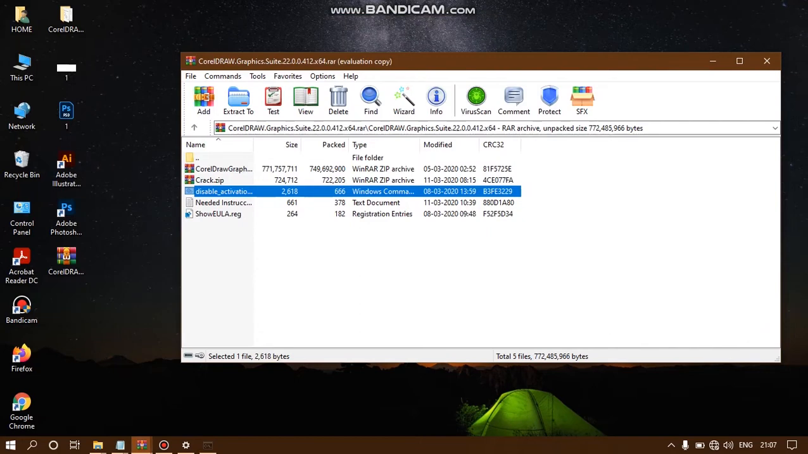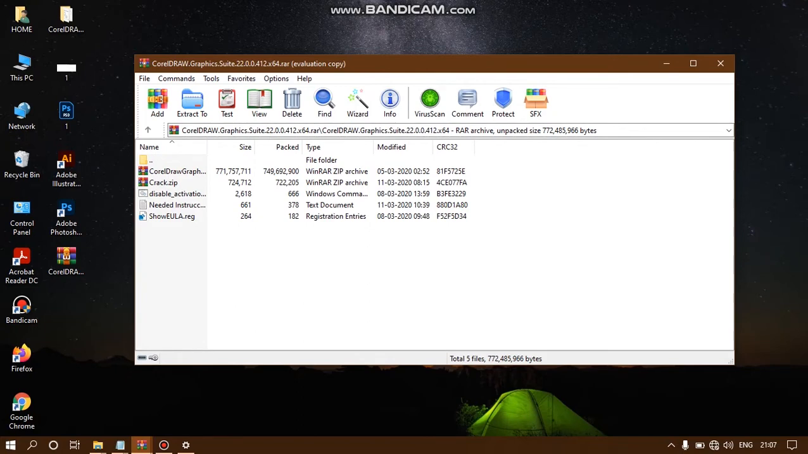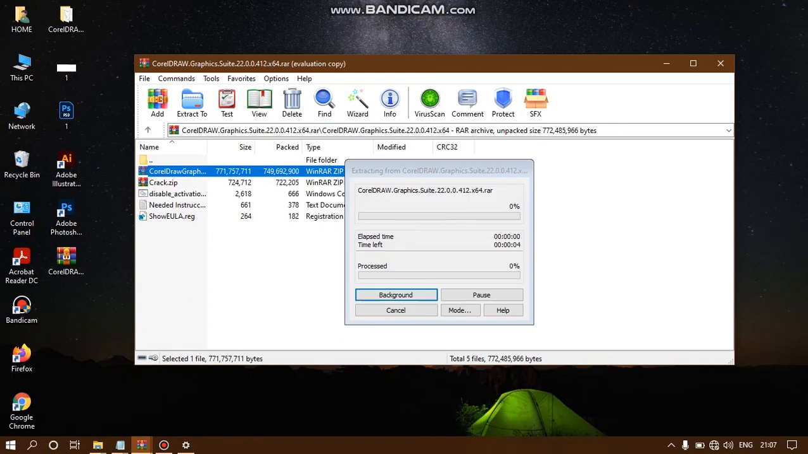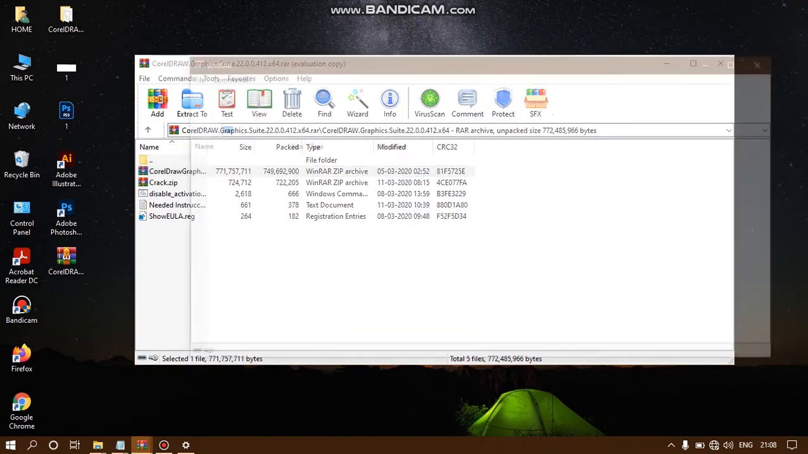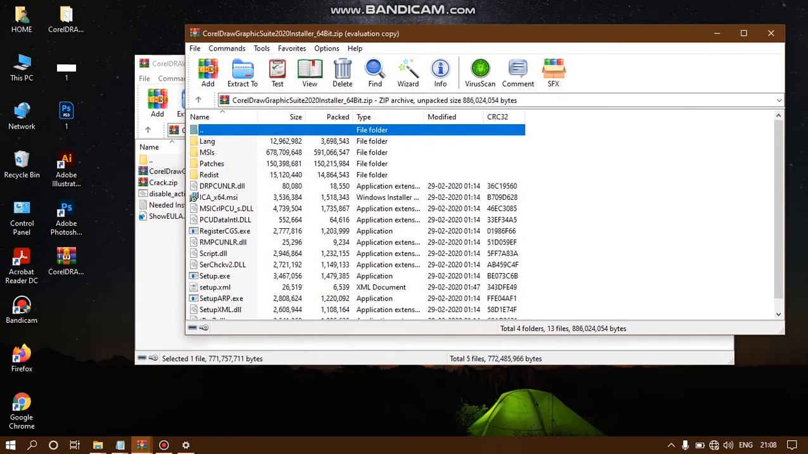key to continue. Okay, press enter. Okay, now the code has been disabled. Now you can go back to the Corel Graphics Suite installer. Okay, let it extract, and after extracting it will pop up a window. In this window